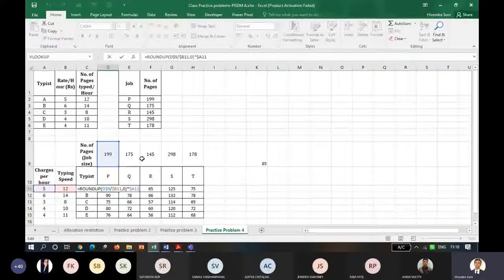Equals to 199. ठीक है, आपका जॉब साइज हो गया डिवाइडेड बाय 14. आपको कितना मिला 14.24. मतलब दिस विल बी टेकन एज 15 into 6 rupees 90 आएगा ना. Yes sir, actually I did some miscalculation, sorry. हाँ,